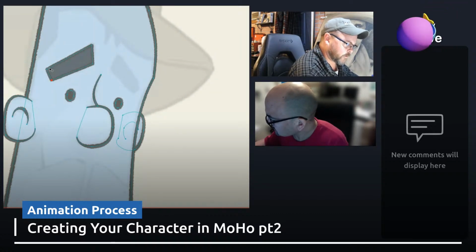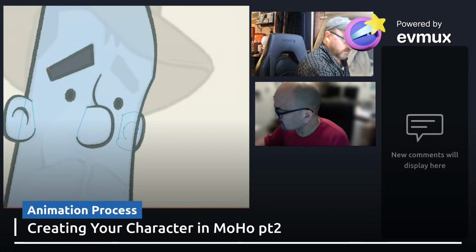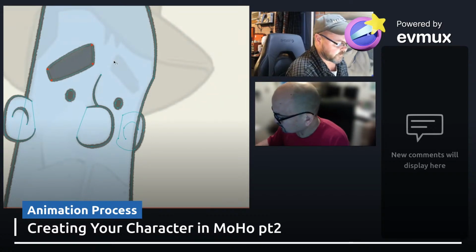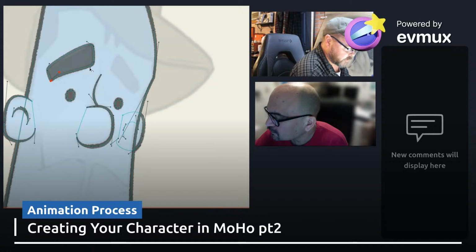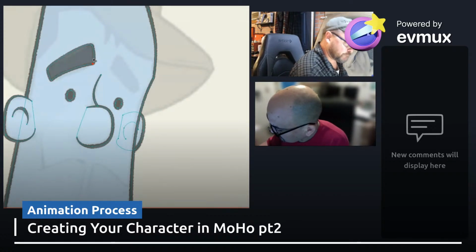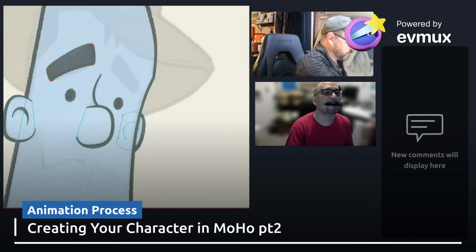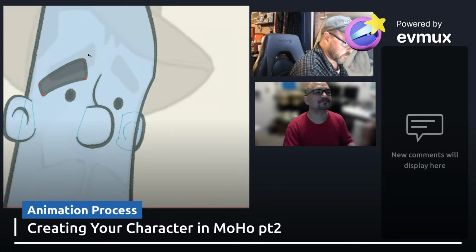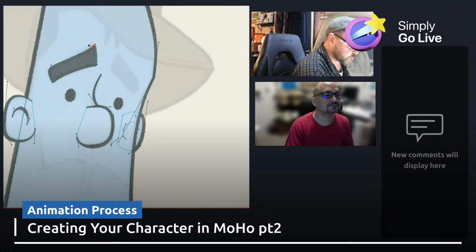Let's see here, and I think I want to give it a little curve. Let's try this. For the curve, the Bezier tool shortcut is C.